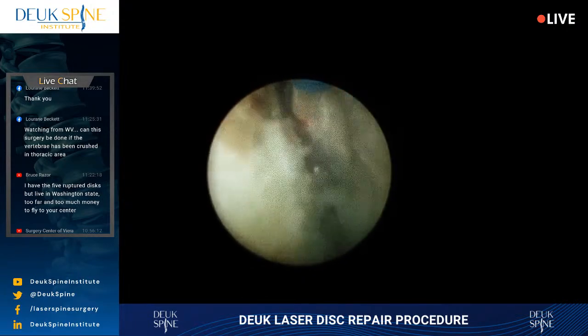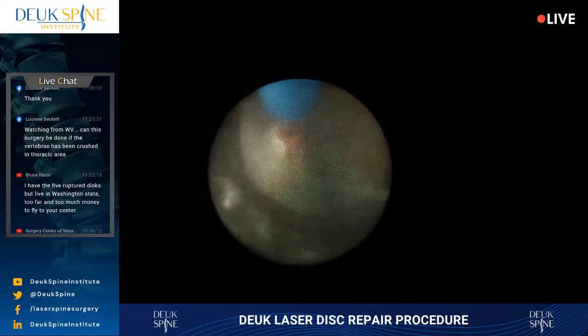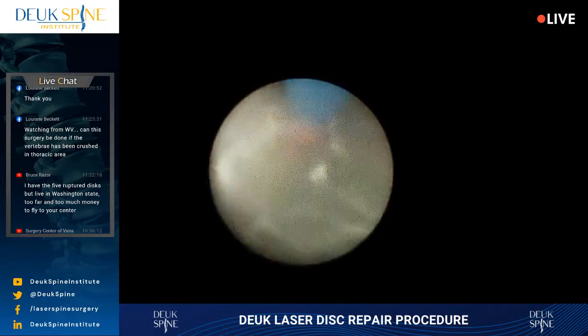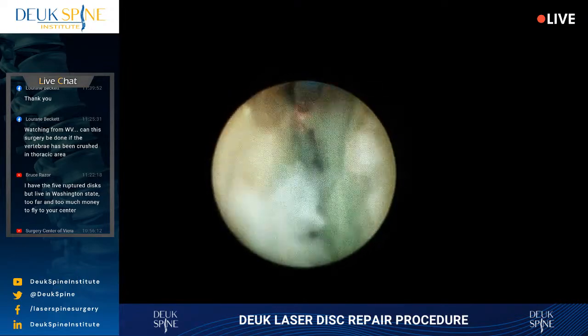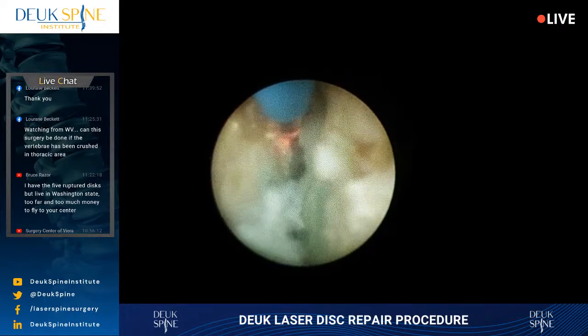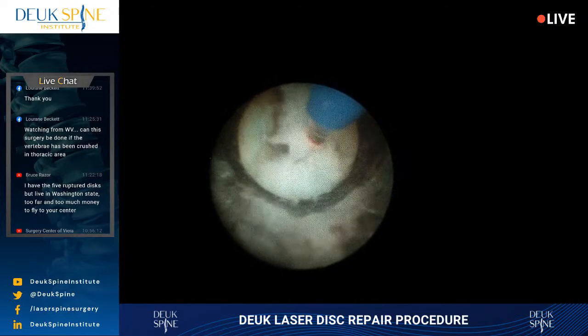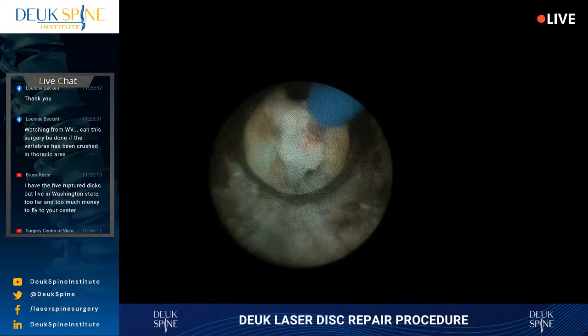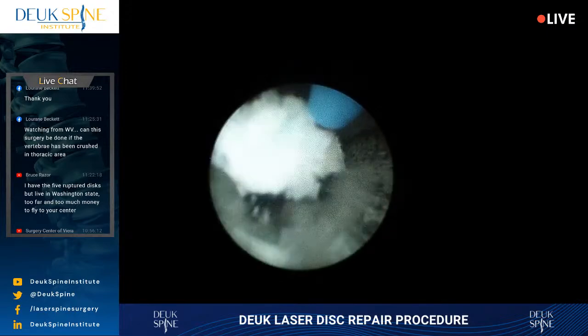Please don't try this surgery at home or in your garage. We make it look easy, but it's really a very advanced technique that 99% of spine surgeons can't do, because they don't know how to do it and they don't have the right equipment or training to do it. So please don't try this on your sister